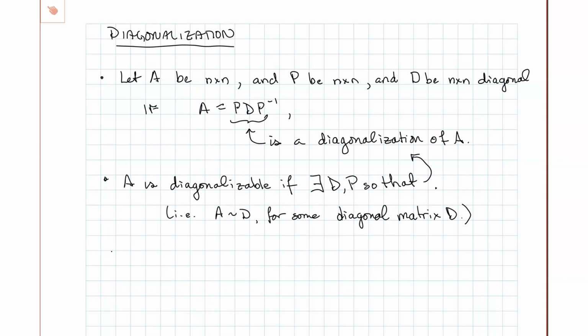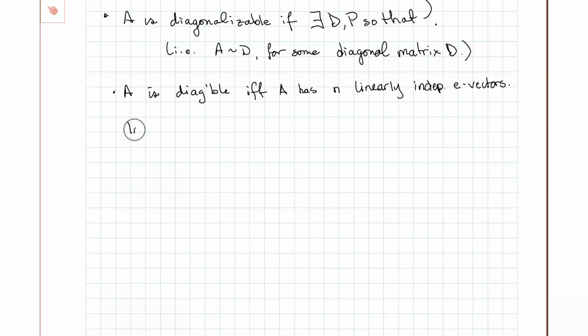It turns out there's some really nifty things about diagonalizable matrices and, in fact, how we can find a D and a P that will work for a given matrix. So one of those facts is that a matrix A is diagonalizable if and only if we can find n linearly independent eigenvectors. And when it is the case that a matrix has n linearly independent eigenvectors, and this is of course an n by n matrix, then we actually have P and D already figured out for us. Because it turns out that what will work is a diagonal matrix D that has the eigenvalues of A along its diagonal